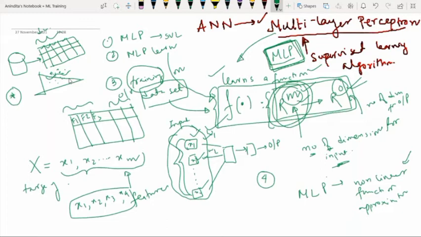So what is the actual purpose of this MLP? This MLP, multi-layer perceptron, can act as a non-linear function approximator either for classification or for regression. Whatever data set you are using, you can either classify it or perform regression on it using MLP. Both tasks are possible. But try to understand, it is different from logistic regression, right? I will tell you what the difference is. This is the very basic thing you have to keep in mind whenever we are discussing multi-layer perceptron.